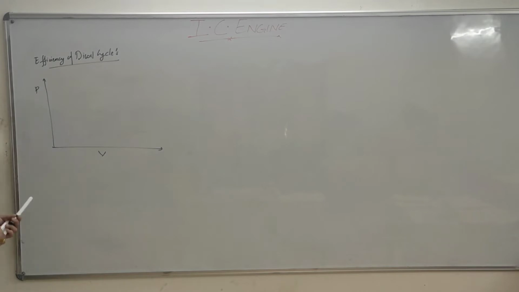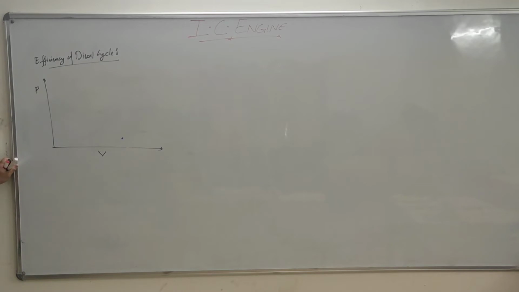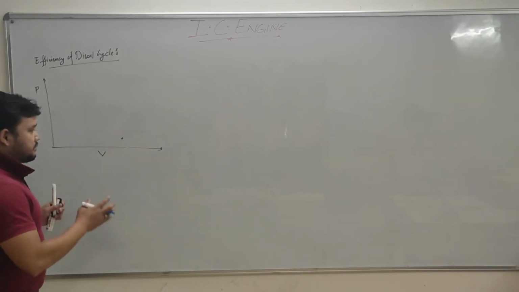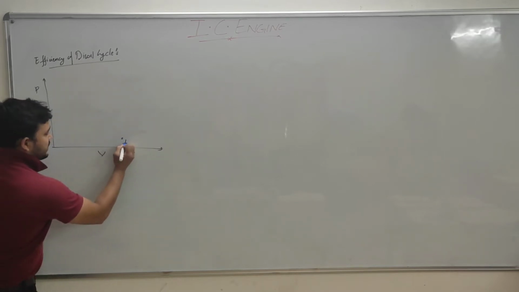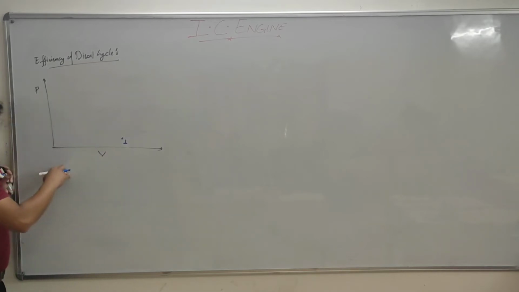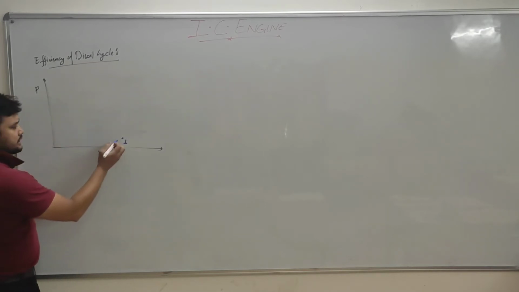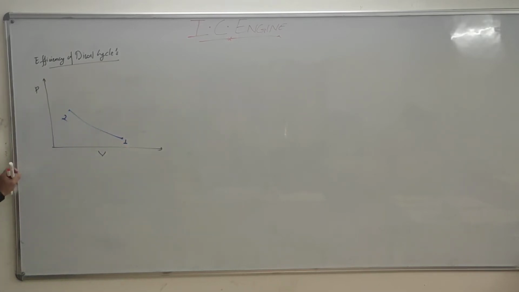Again, we will repeat the same thing. When the charge, the air-fuel mixture, enters into the piston cylinder or the system, the piston moves towards the bottom dead center, which is at point 1. Now from point 1, it will move towards the top dead center so as to compress the charge inside the cylinder. From 1 to 2 is adiabatic compression. Now temperature and pressure of the system will increase.